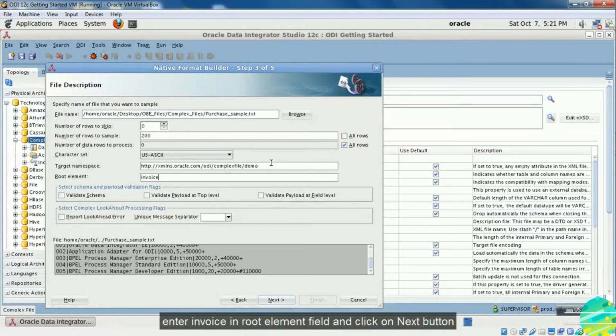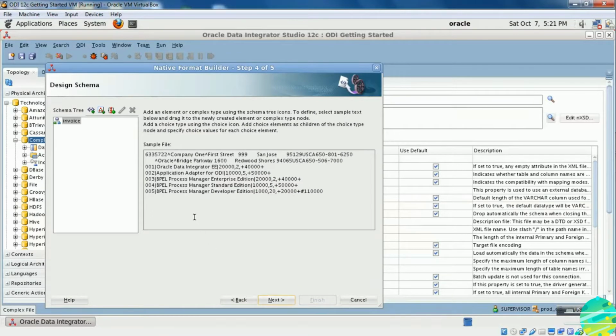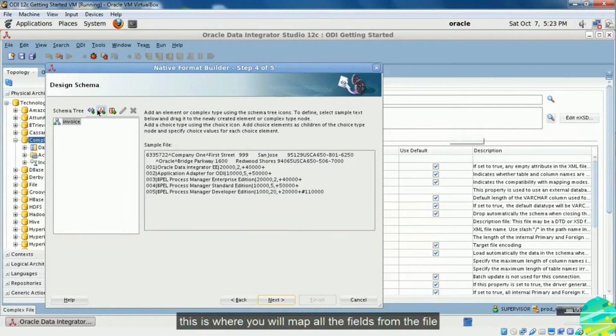Enter invoice in root element field and click on next button. This is where you will map all the fields from the file.